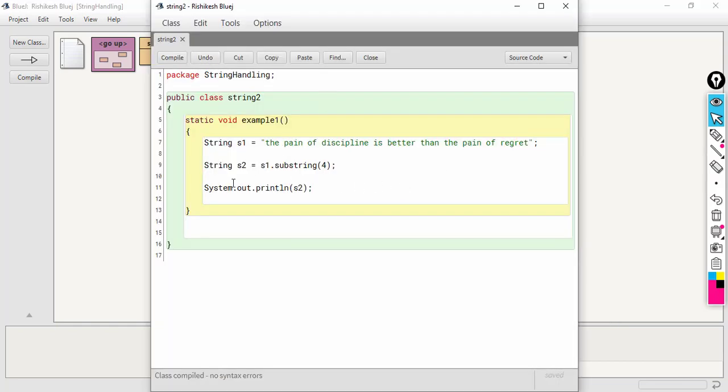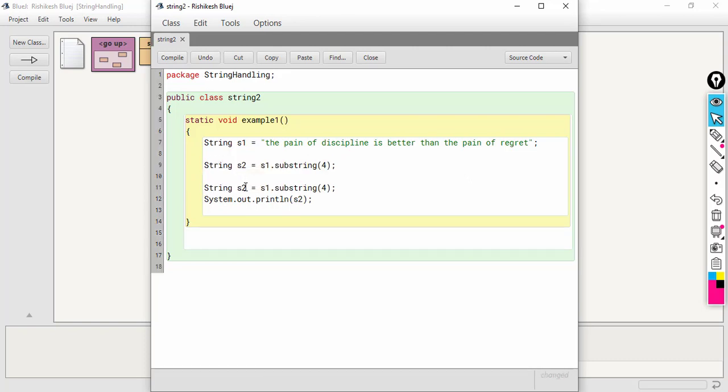For the second version, let's create another variable here, s3, and this time I will pass 9. I have passed 9 here. That means the substring is going to start at index 4, but it will end at index 8, 9 minus 1.